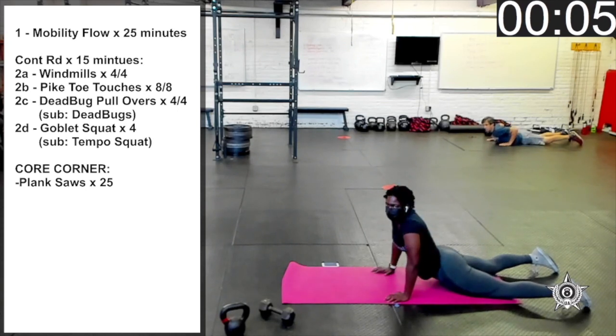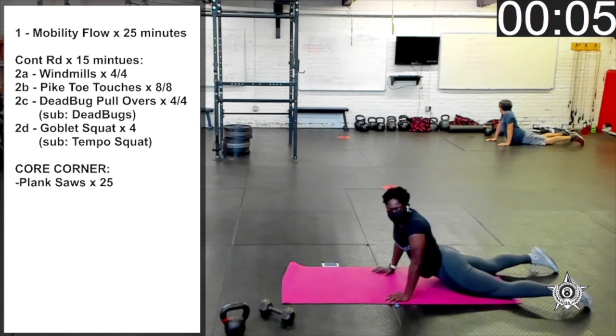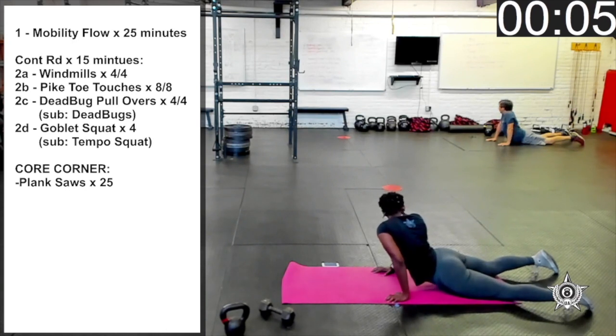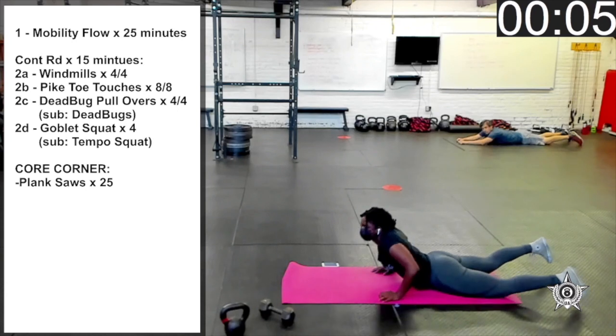Alternate sides here, left and right. Good. One more. Right. Very, very good. One last thing we'll do here, we're going to come back up to our downward dog